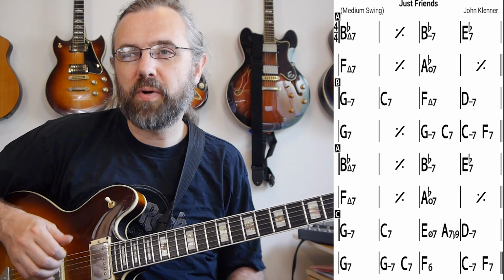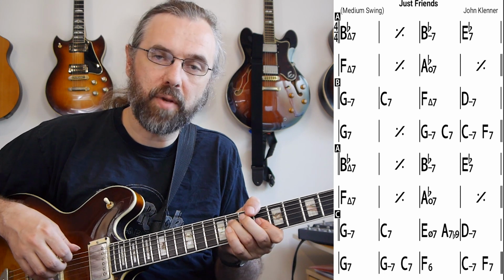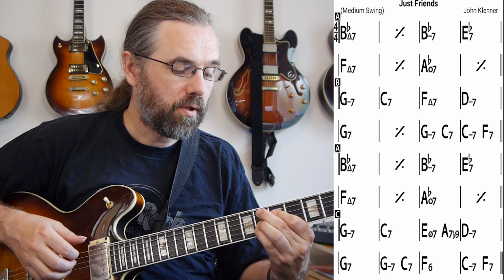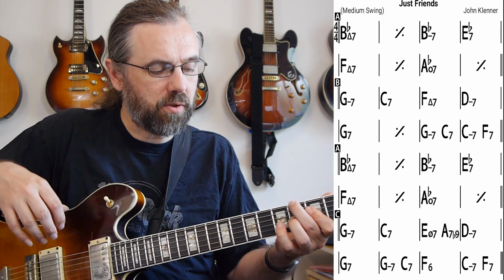So basically the first part of Just Friends is really just B flat minor to F. So B flat major, B flat minor, and then we're on F, then we get the sharp 4 diminished. Maybe something that will be worthwhile talking about with this,